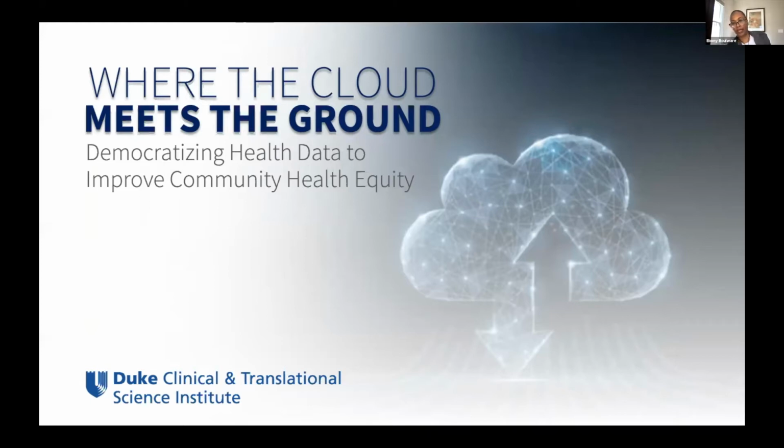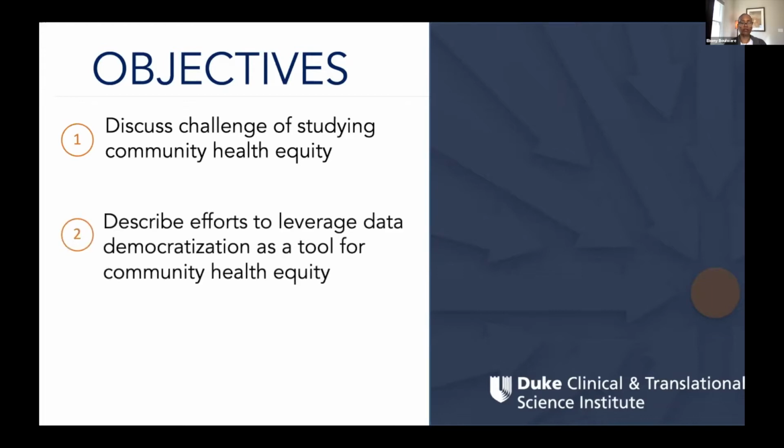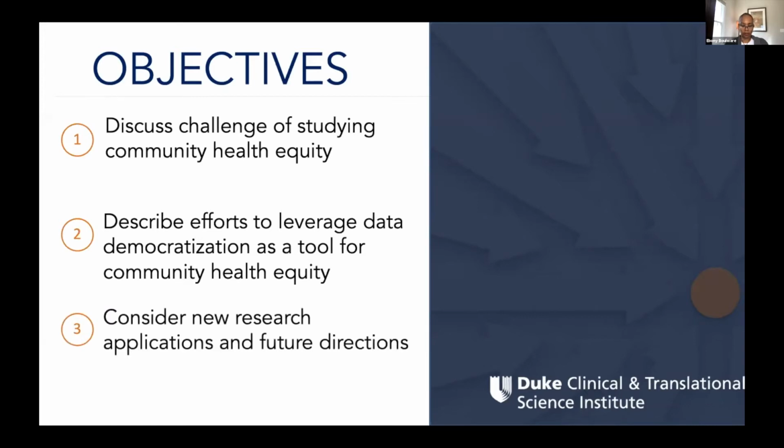And this is going to be really taking things from the molecular level to a very macro level to talk about the challenges. I'm going to be talking about community health equity and try to apply it to this context, talking about how we can leverage data that we have to not only work to intervene to try to achieve community health equity, but also how we can use data that we have to study community health equity relative to aging and dementia. I'm going to talk to you a little bit about some future directions and applications for research.